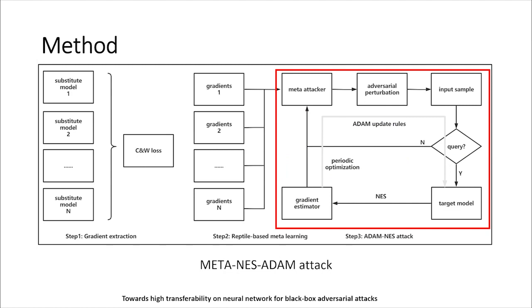Finally, we can make the final attack. Step 1 and Step 2 are the offline part, which needs to train classification models to process gradient extraction, and then carry out meta learning based on Reptile to form an offline model. When running online, for example, the offline model is called and updated to achieve the purpose of quickly adapting to the target model.